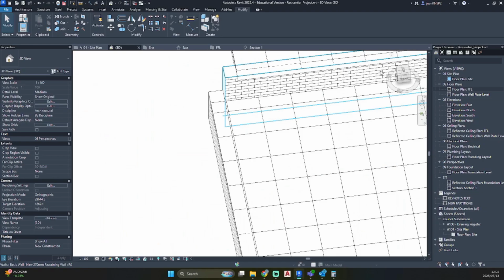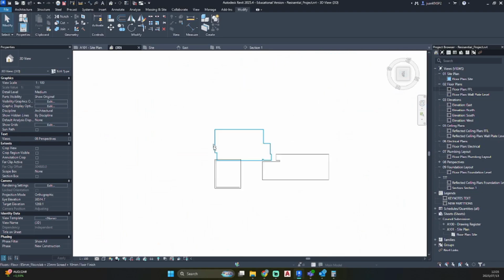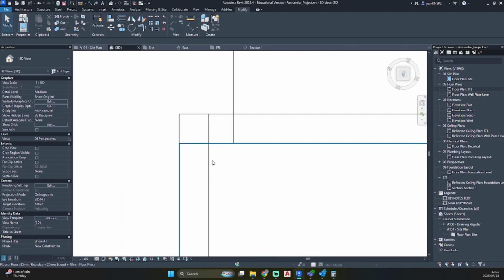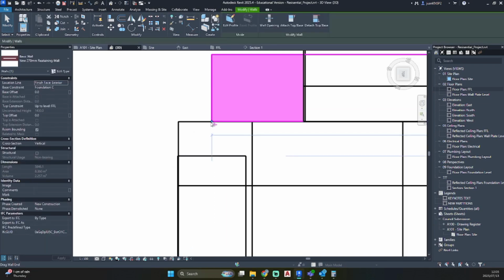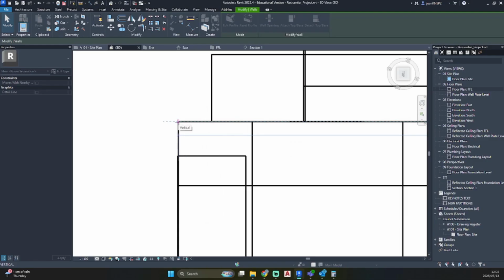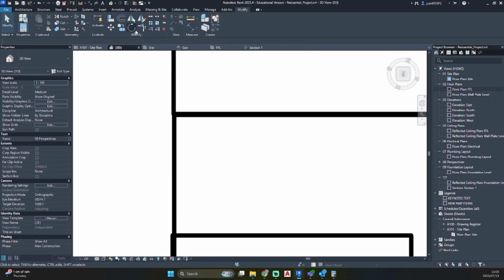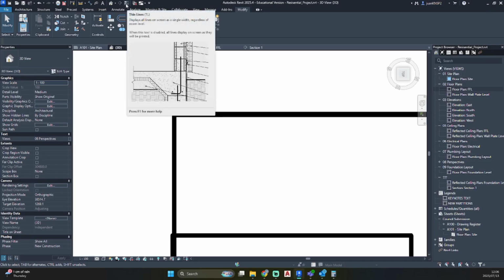Go 3D view, click on top, drag the foundation wall out the way, just drag the retaining wall into place. So if you can't see with the thick lines, just go to your top ribbon and you'll see thin lines or TL on your keyboard.